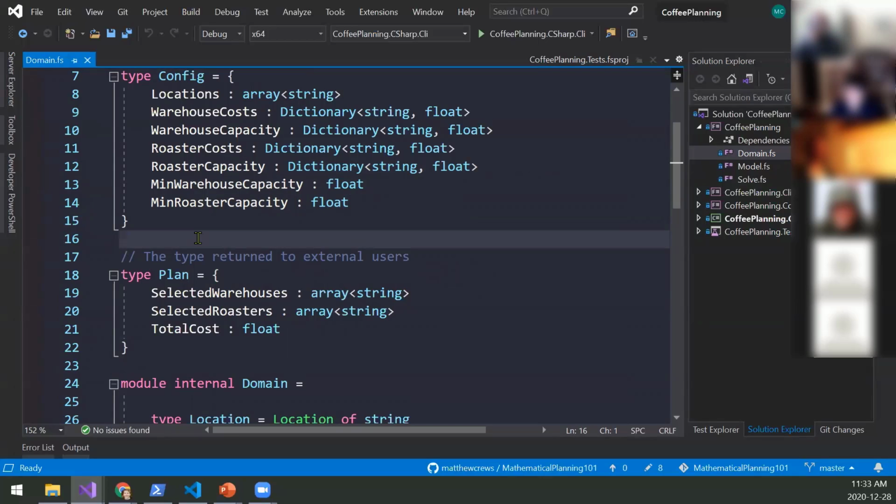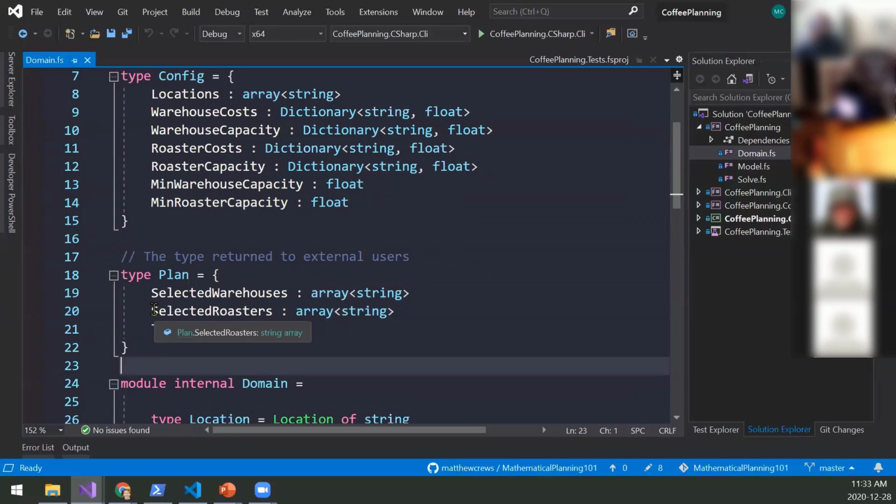So a plan. And what it is, I'm going to give you an array of the warehouses I selected, an array of the roasters I selected, and what the total cost for that plan was. And basically that is the entirety of the external facing API. It's just these are the different types. Everything inside of this is my own little world that is for mathematical planning.